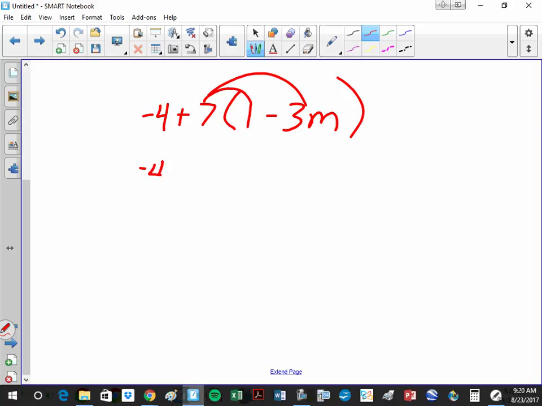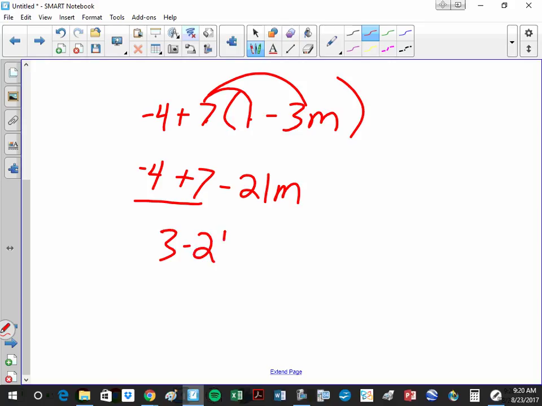So I get negative 4. And what is 7 times 1? Plus 7. And then what is 7 times negative 3m? Negative 21m. Okay. Can I combine like terms? Which part? What do we call those? The constants. I can put the constants together. So these turn into